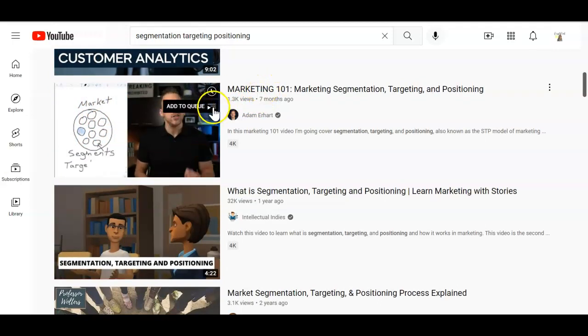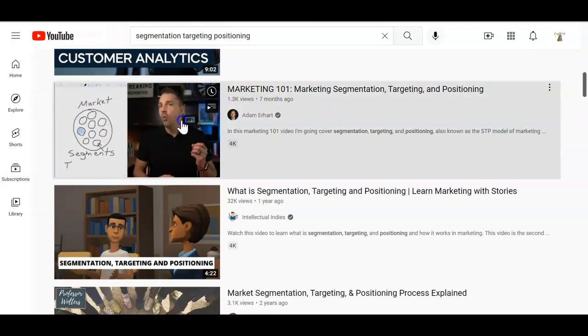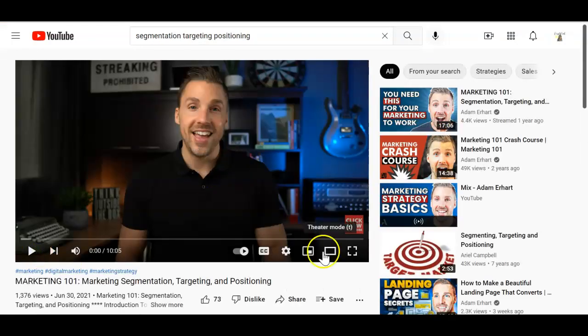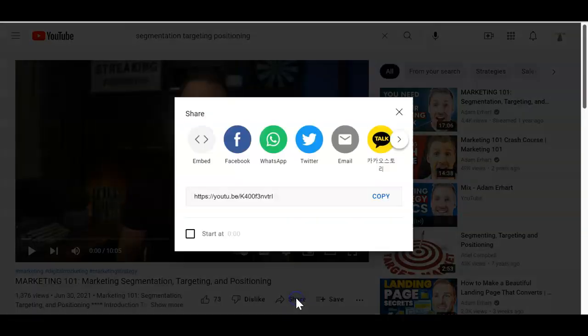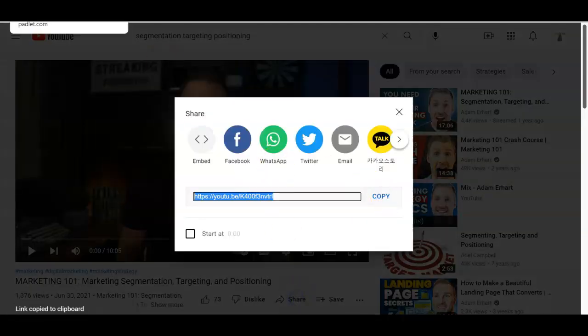I wouldn't go much more than that. So let's say this is the one that I want to use. You just pause it because I don't want it to go. So you go into your share button, you copy your link, you come back to Padlet,